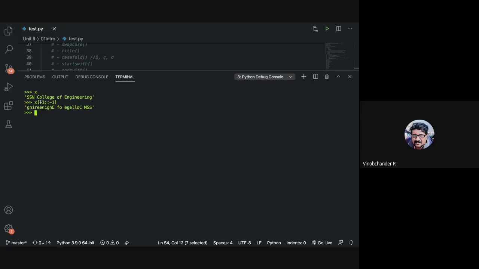So in this case, it means that you start from this position, which is minus 1, which is G, and your step count is minus 1. So essentially this and this are the same thing. To understand this better, now say for example, if I say this as 2, what will be the answer?